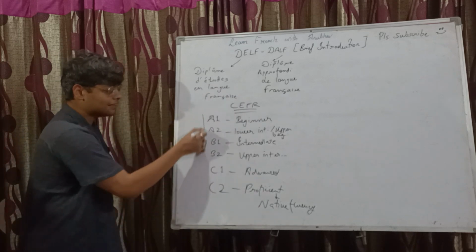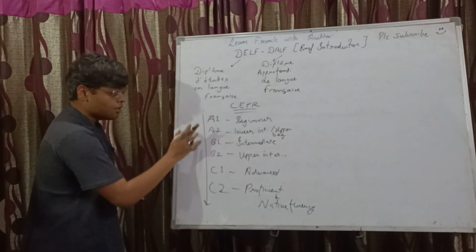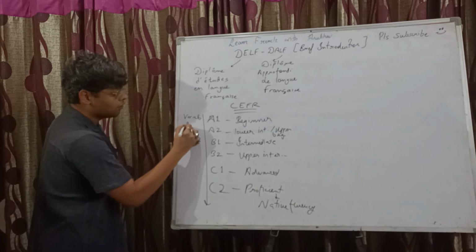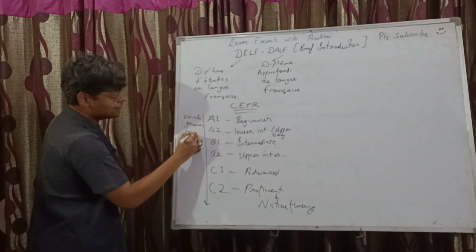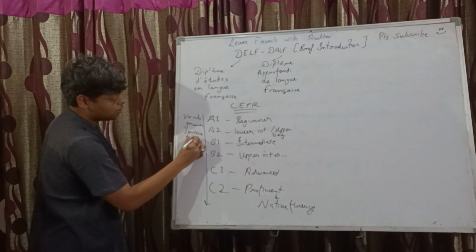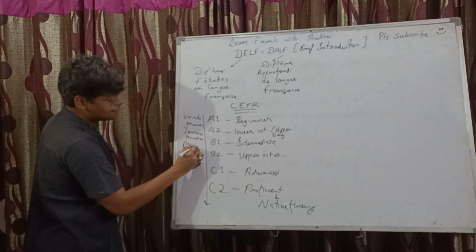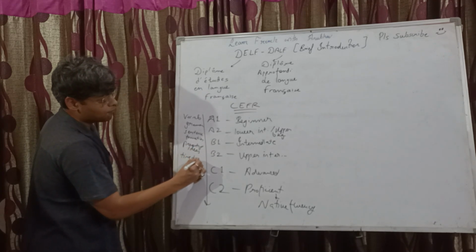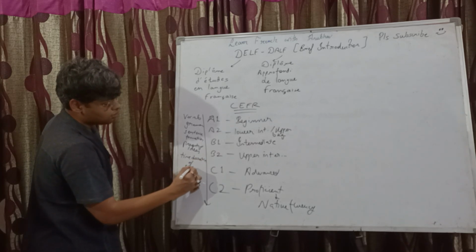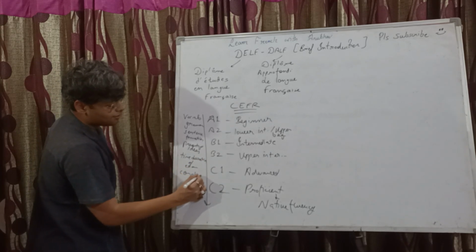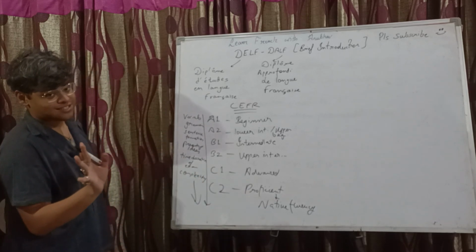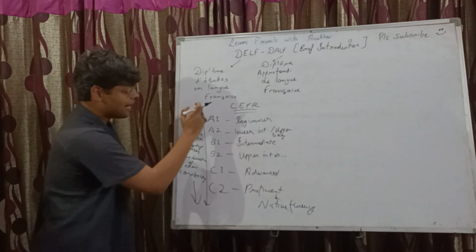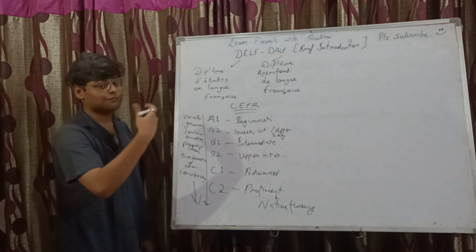Now, of course, since there are 6 different levels, there are going to be some changes as we progress from A1 towards C2. For example, vocab, grammar, sentence formation, presenting ideas, time duration of the exam, complexity, everything is going to progress. So A1 being of course the easiest, and as you move further the difficulty is going to increase more and more.